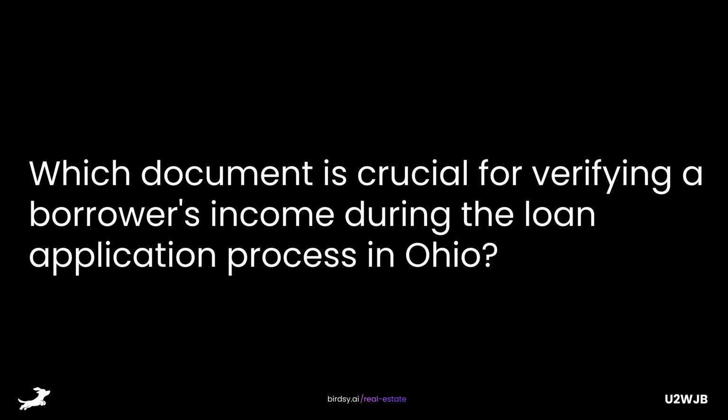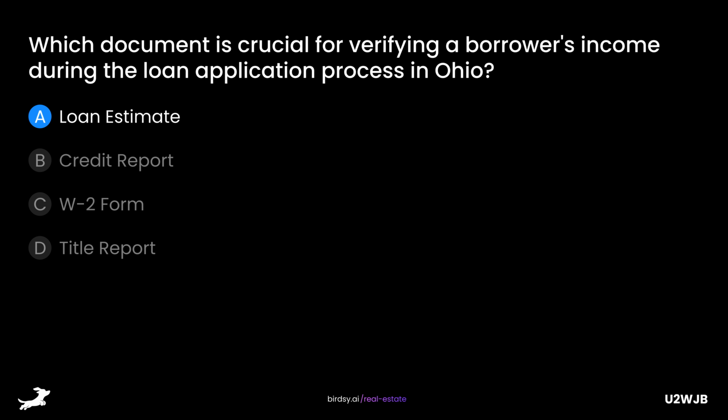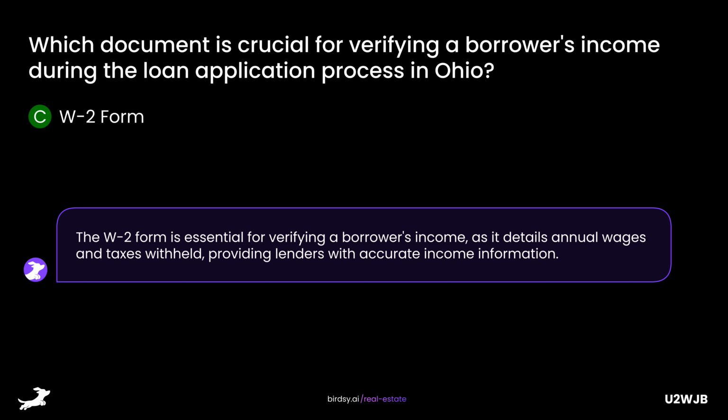Which document is crucial for verifying a borrower's income during the loan application process in Ohio? Is it A, loan estimate, B, credit report, C, W-2 form, or D, title report? The answer is C, W-2 form. The W-2 form is essential for verifying a borrower's income as it details annual wages and taxes withheld, providing lenders